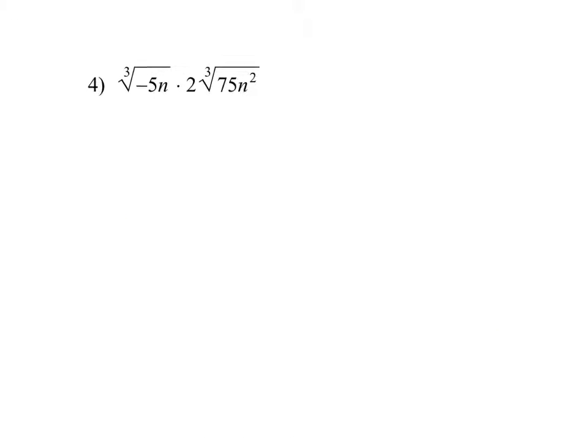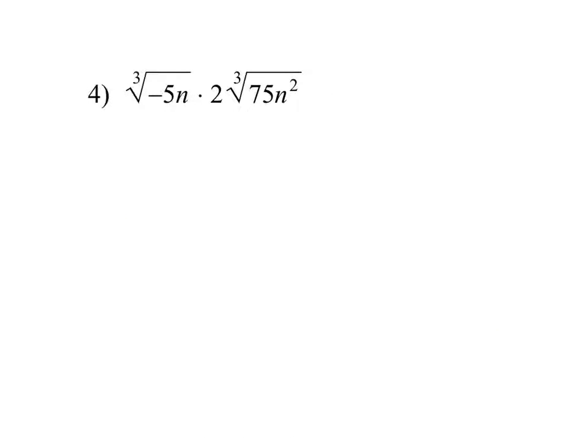Okay, so this next one, right, I'm going to start by multiplying. So this is 2 times the cubic root of negative 375 n cubed, right? Now, this index is odd, so I can have a negative number inside of the cubic root, right? If the index was even, remember that we would need to take an i, but because the index is odd, I don't need to take the i. So in this case, it's 2